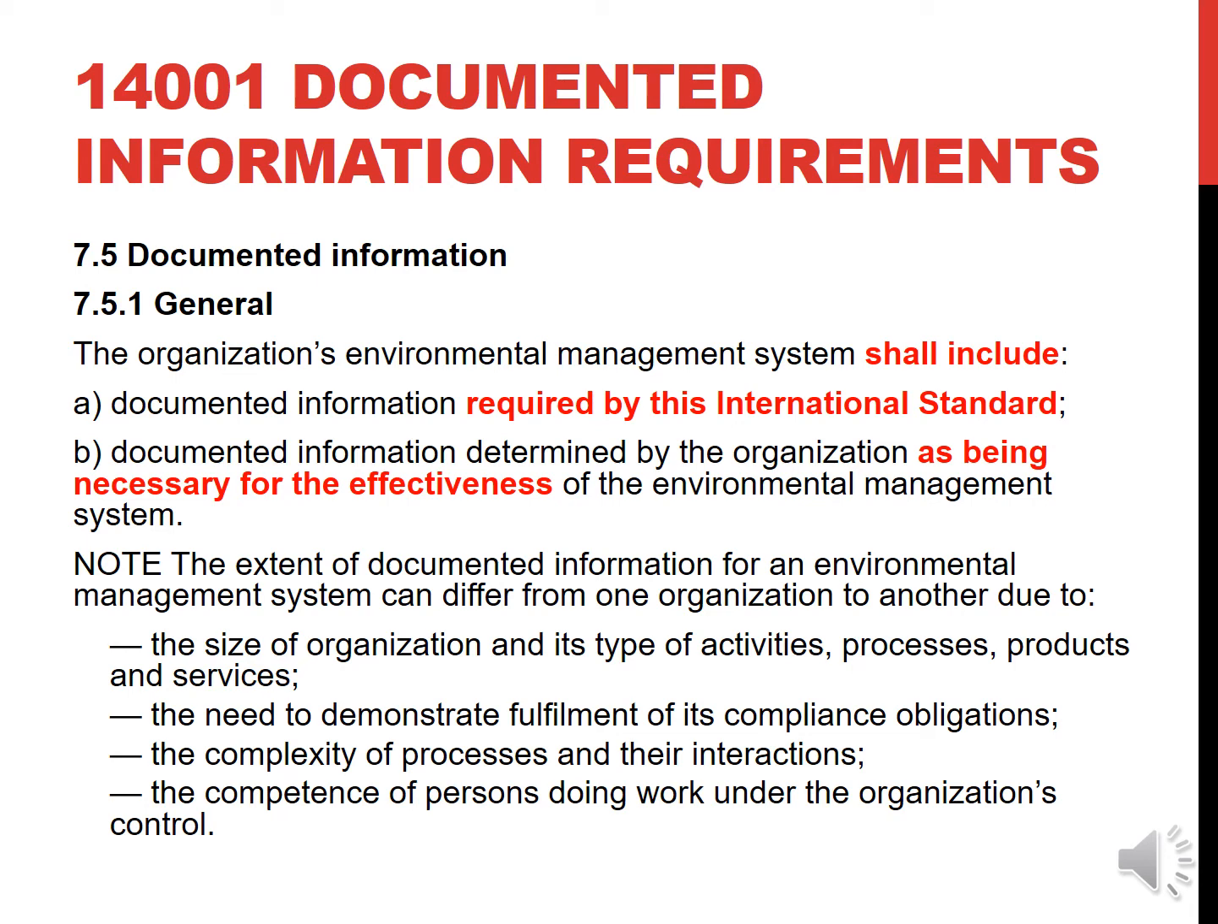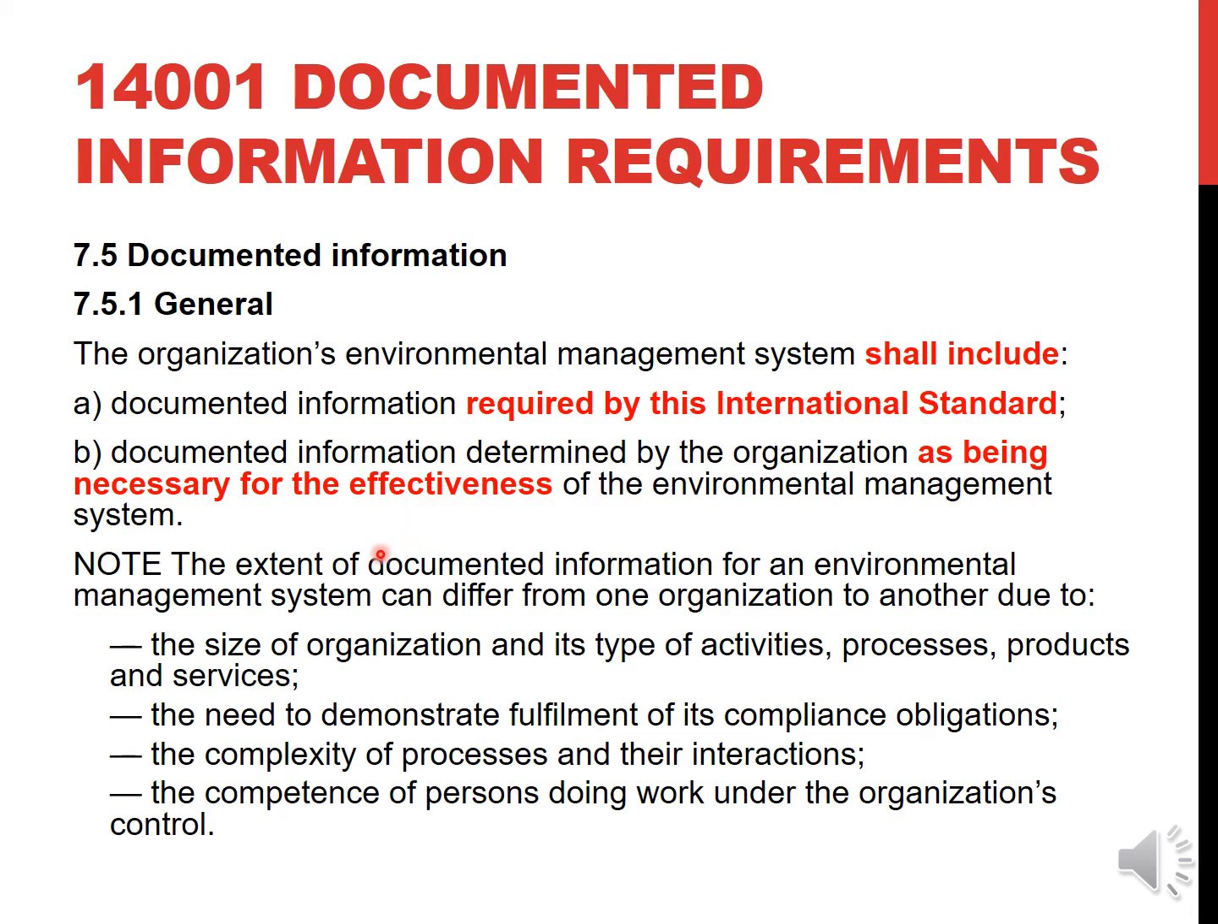The organization's environmental management system shall include documented information required by the standard, and then the second category, documented information determined by the organization as being necessary for the effectiveness. And the effectiveness is defined as environmental performance. And so this is